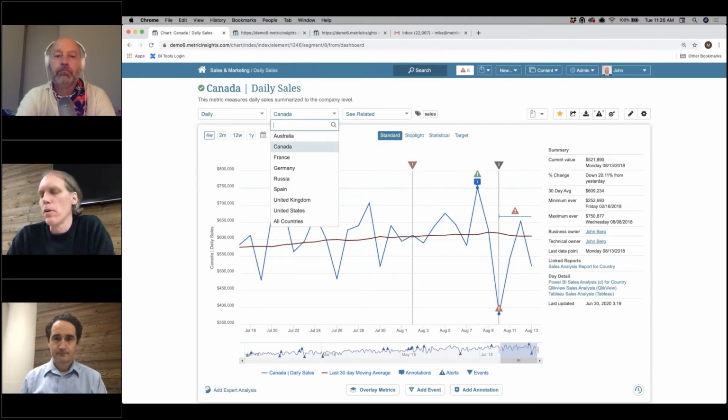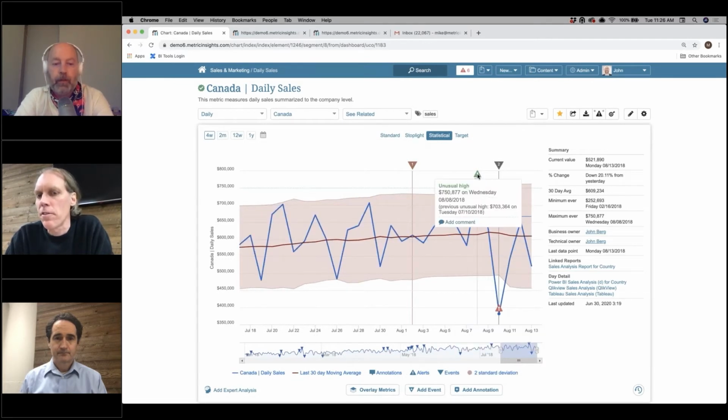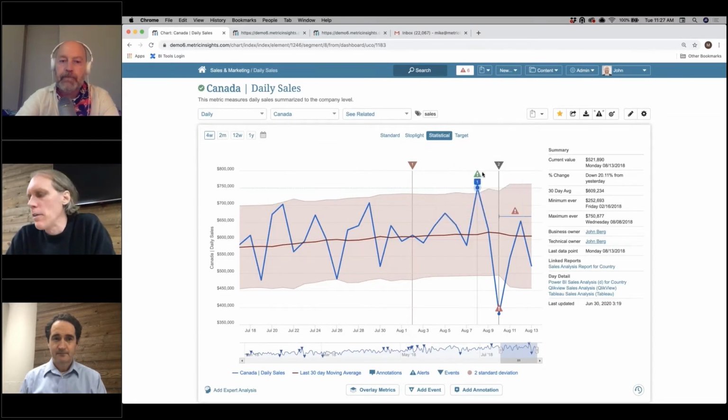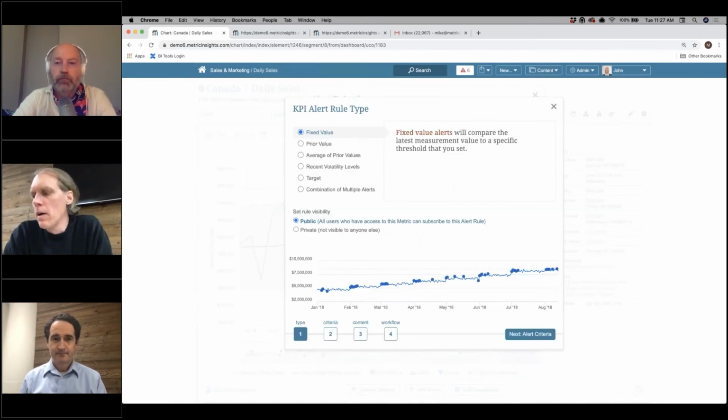And in the guise of bubbling up what's important to the users, the Metric Insights platform is actually tracking how these metrics are changing over time. We look for highs, lows in the data. We run moving averages against the data set. We look for statistical outliers within the data that may indicate, across the different dimensionality that you have, areas that may require attention from your users. And we can actually, as you'll see a bit later on, alert users to these particular issues. So we find statistically significant values, highs or lows in the data, or even allow users to create their own alert rules against the data so that the system can start to tell them when to go and look at a piece of content rather than, as Marius said, relying on them to come in every day and figure out